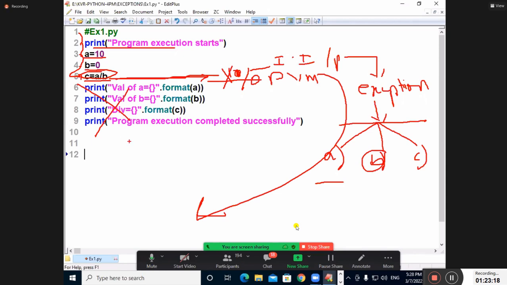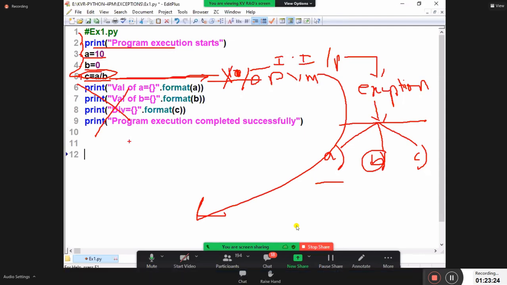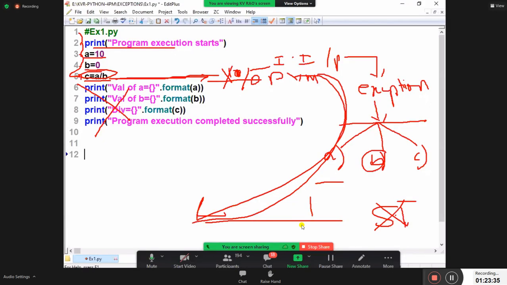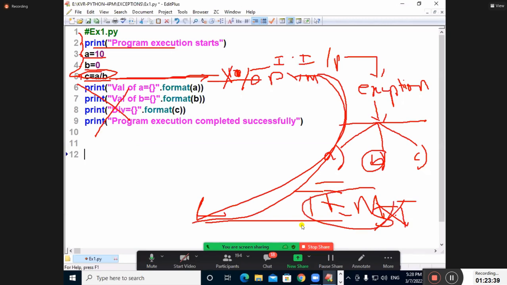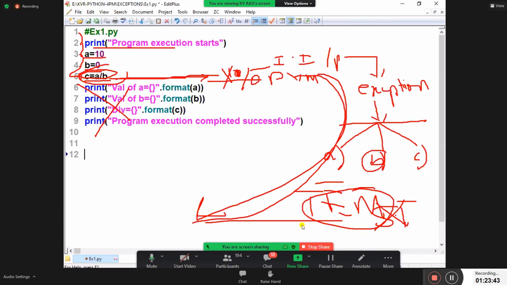When you enter the PIN number wrong, is it asking to enter the amount to withdraw? When you enter the PIN number wrong, it will stop the process and come out. The card will come out. PVM comes out of the program execution, and immediately gives which message by default? Technical error message will come. Which message will come? By default, technical error message will come. How many points are occurring? Whenever an exception occurs in my Python program, 3 points are taking place.